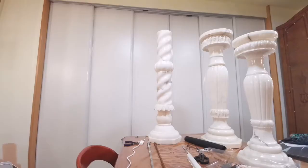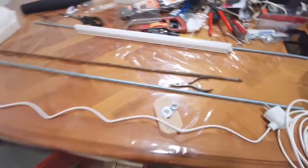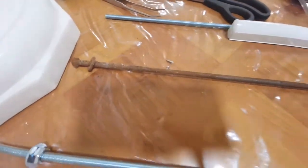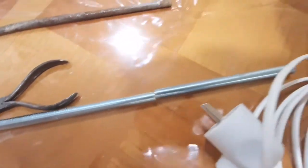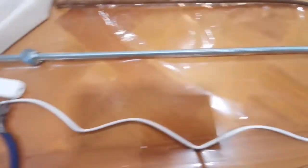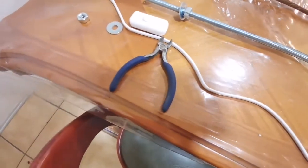Okay, so we're doing an update of this marble column lamp. What's happened is I've taken the old steel thread out of the middle, which is looking very sad and rusty, and we bought a nice new one in a slightly larger size. It's a 10mm threaded rod, which is a metre long, so I've just chopped the excess off to make it fit the previous size. Bought some new stainless nuts and washers,